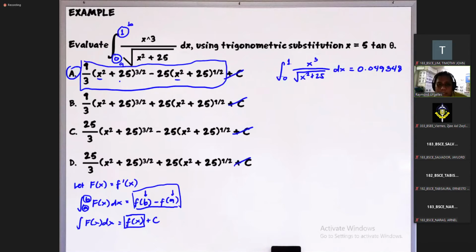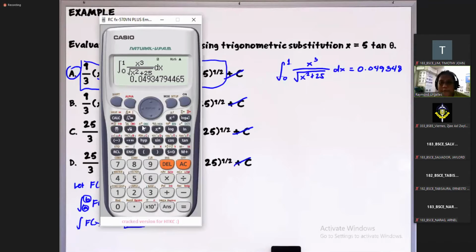So again, pag nilet natin to as f of x, diba? So again, hindi natin sasama yung plus c kasi basically baliwala lang kasi pag may plus c ka dito, may plus c ka dito, pag pinag-subtract natin yan, magka-cancel din. Diba? So kaya kahit hindi na natin i-consider yung plus c. So kaya ito lang. Diba? So again, una, papalitan natin yung x ng b. Diba? So f of b. So then next is papalitan natin siya ng a. So then we subtract. Okay?